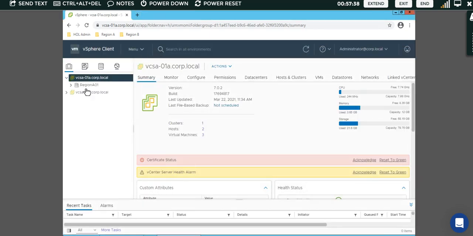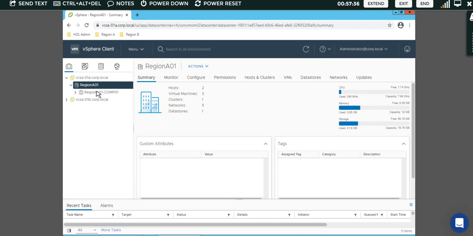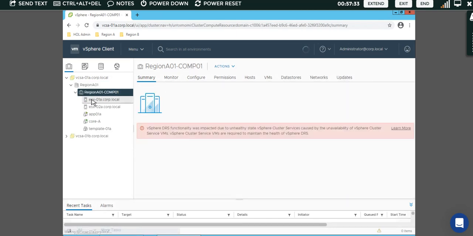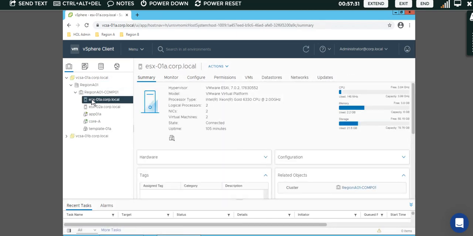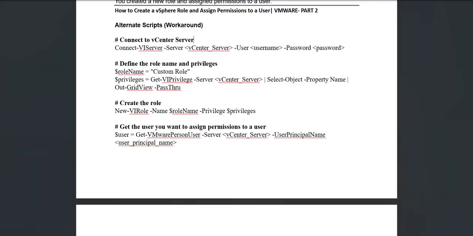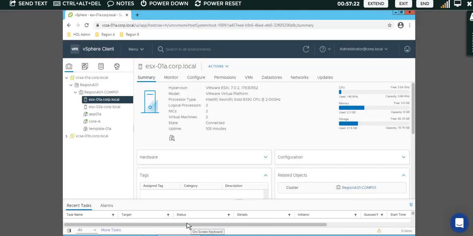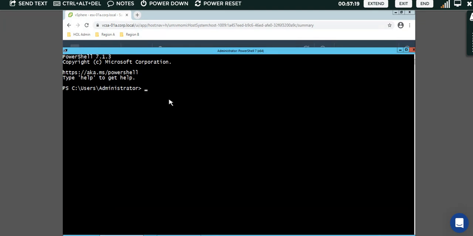Okay, and here you can see that I have the ESXi host, the region-wise distribution of the VMware platform. So now I will go to my script, and here I will first connect to the vCenter server. So I will go to my PowerCLI and write the command Connect-VIServer. Then I will write the name of the server, which is VCSA, you can see in the URL, .pod.local,